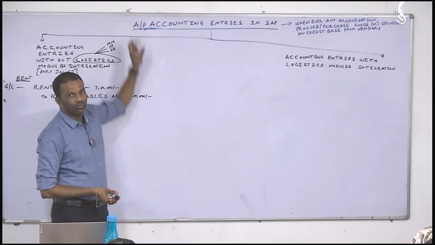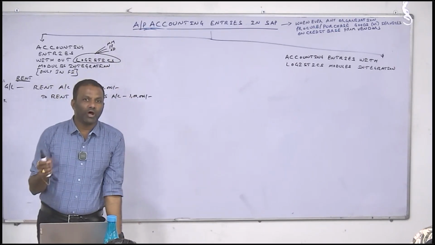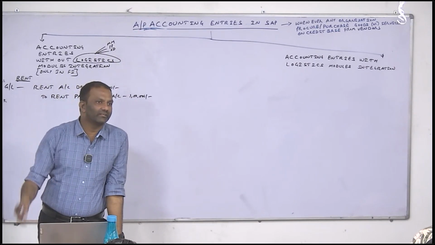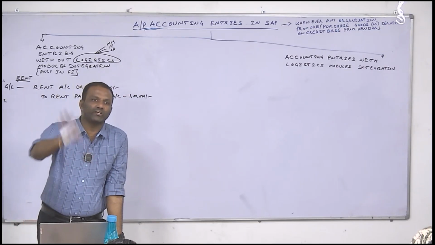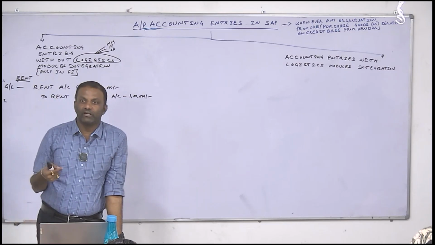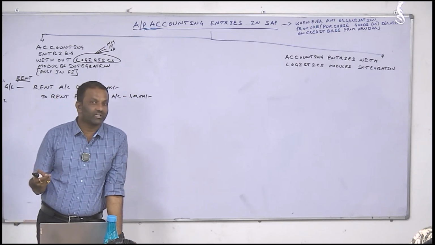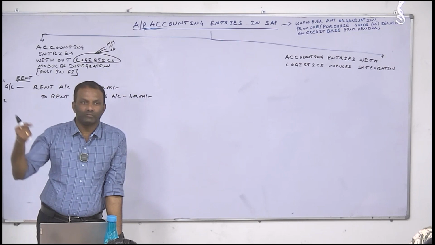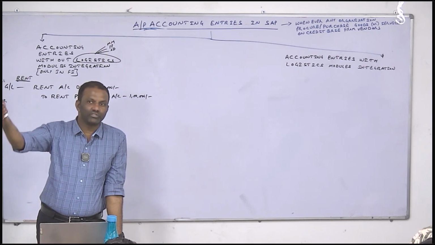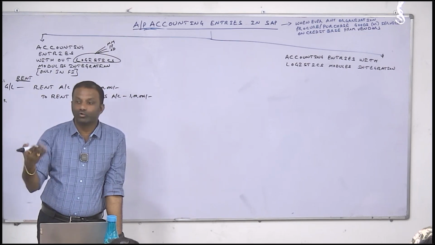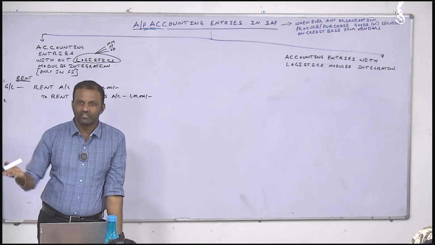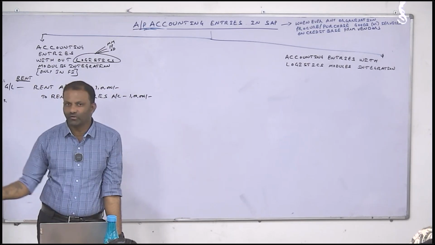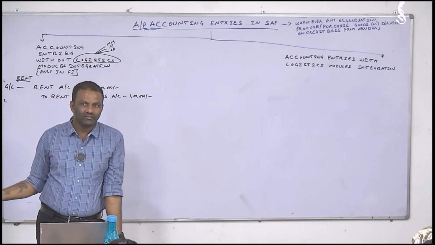But here, where you are in accounts payable, no organization directly pays to the bank. Hope you got it, my vendor has given a bank account. No organization will pay directly to his bank account. First he will raise an invoice on vendor name. In future, in audit, they will verify to whom you have paid. Hope you got the point. There should be some reference or not. It is not a roadside department store to write a book and do. These all are companies.